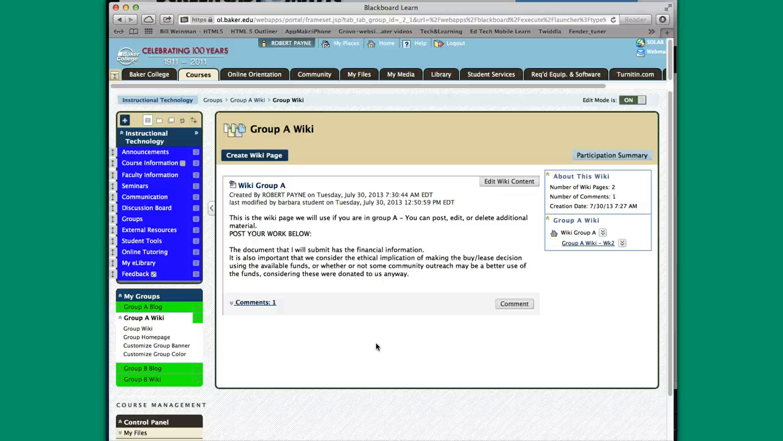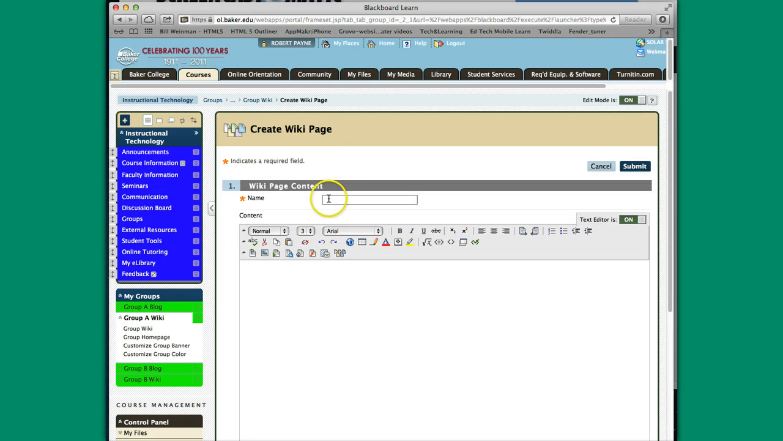But in a group wiki, you might not necessarily want to create a second page, but if you wanted to do that or have one of your students create another page, they would just do this the same way. Just make sure you give it a different name than this particular page. So just to show you what that looks like,